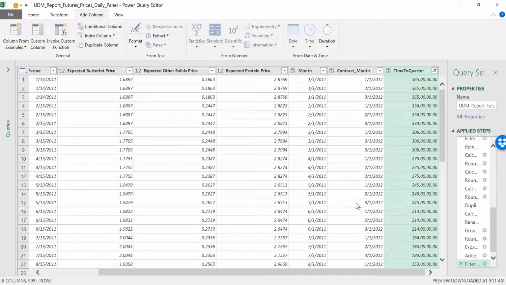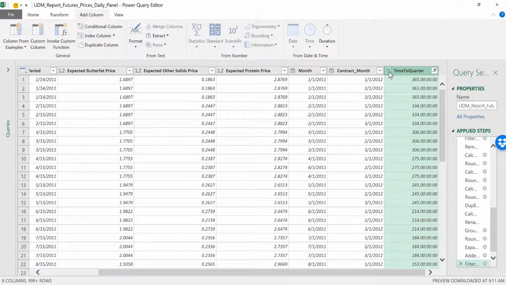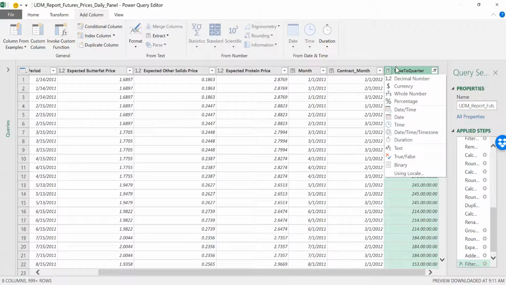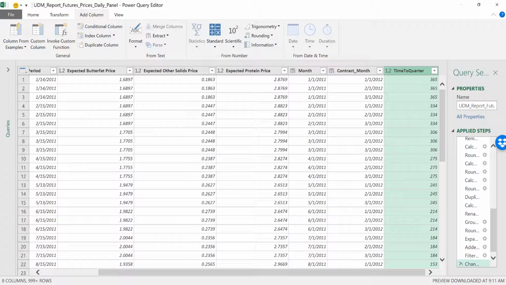So in order to do that, we'll divide time to quarter by 30 and then round. We now have time to quarter in number of days, which allows us to,